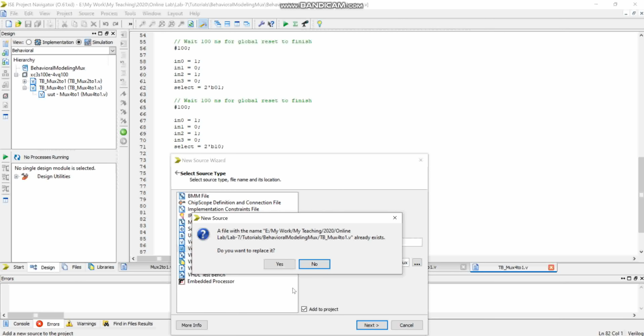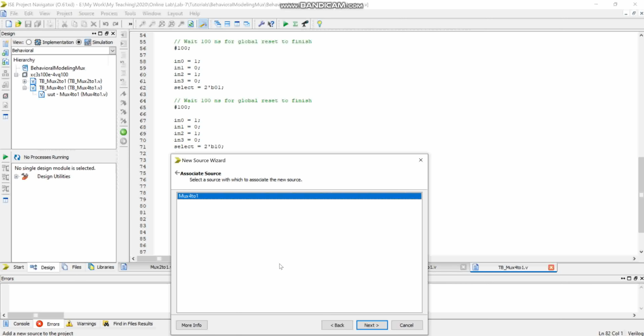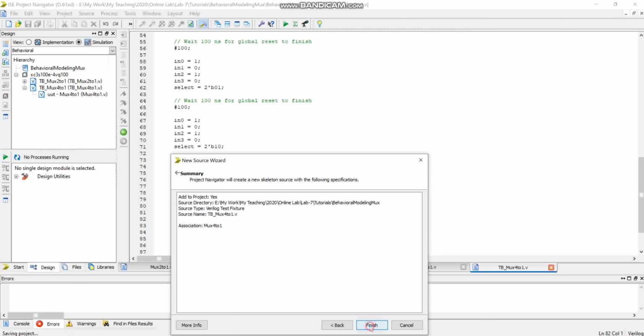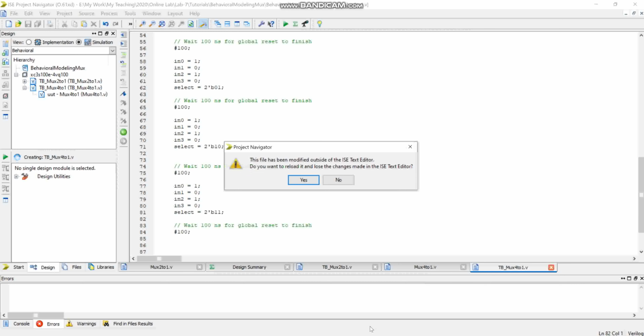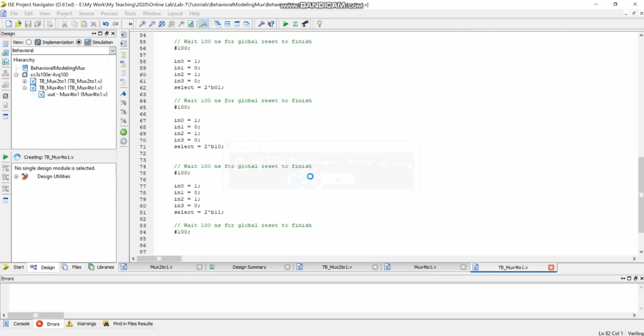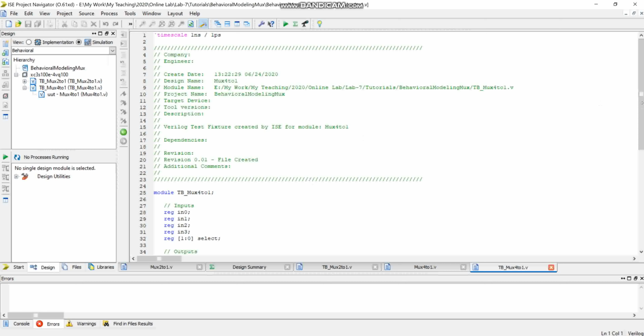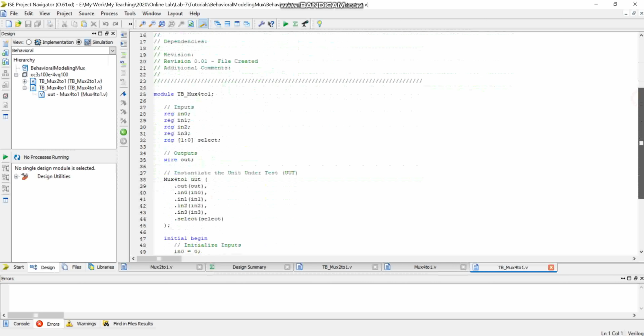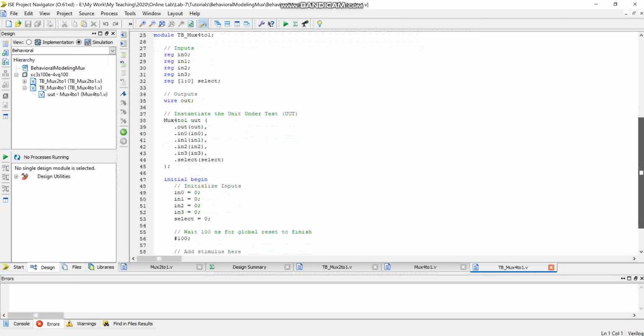Since we already made the attachment with the same name, we need to replace it and select 4 to 1 multiplexer, click next, finish. So now you end up with this window where you can write your test bench. Inputs and outputs are already defined, so